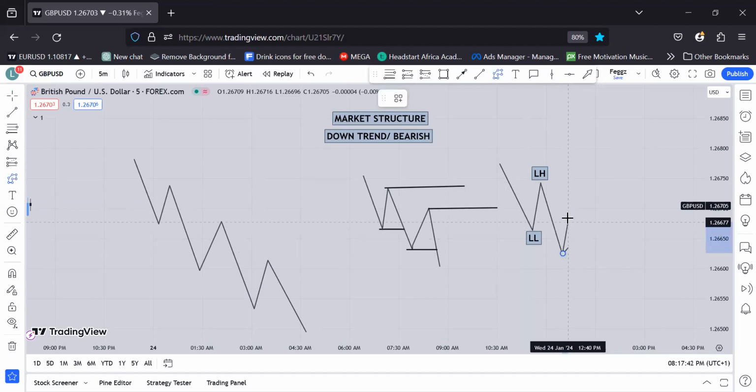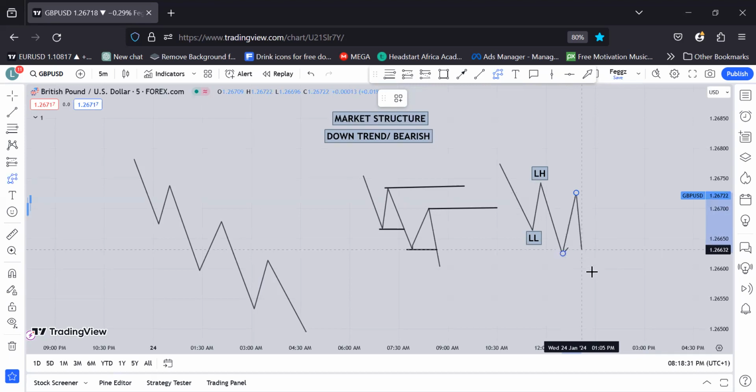So let's assume the price went up again, and it didn't close above this lower high. Remember, it must follow this pattern. If it closes above this, then this is not a downtrend that has been established. So price must not close above the recent lower high. It should close below it. So in this case, let's say price stops here and it came down again. Remember, I said for us to say that this is a lower high, price should close below the most recent lower low. Price should not close here. If it closes here, then we can't call this place a lower high. Price should not close below this particular most recent